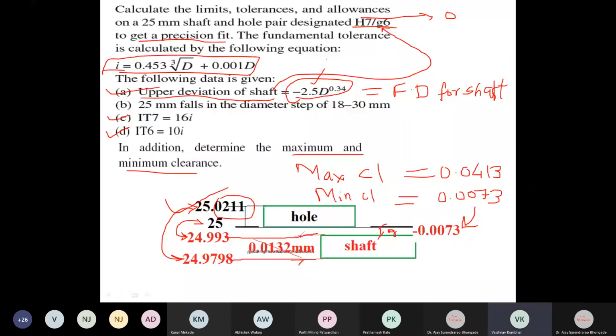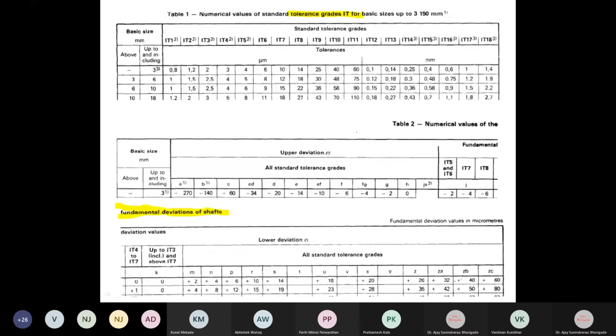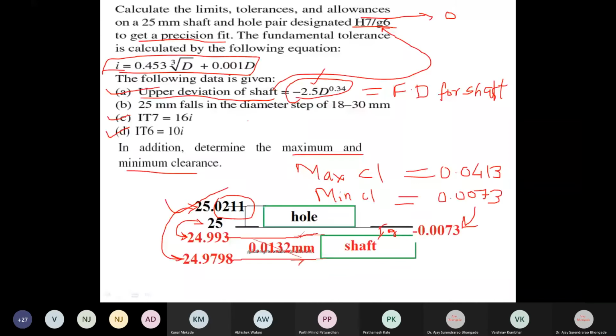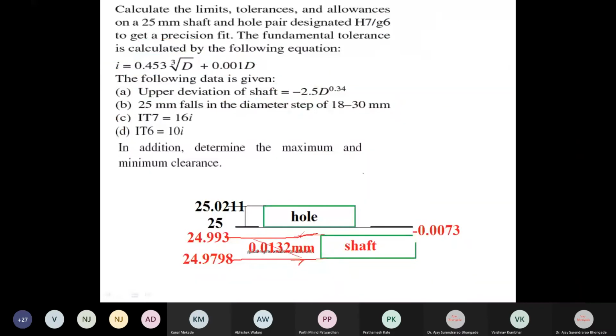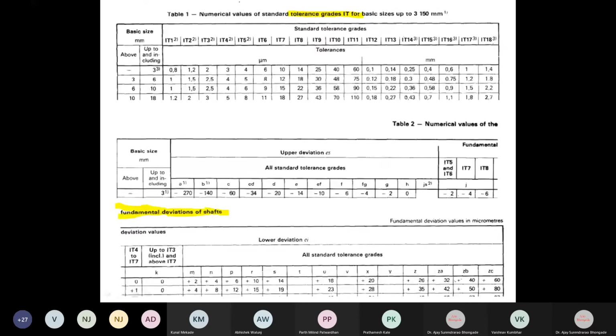Yes, sir. Okay, so the next part is understanding these tables. Right now, these values which had been given to you will be used, but if the values are not given to you, how do we determine them? All these things which had been given to you, this upper deviation, how do we work them out using the tolerance standards? That is the part to be discussed. Right now we can see these are the tables. Now instead of going through the tables, let me share with you the international standards of tolerance.